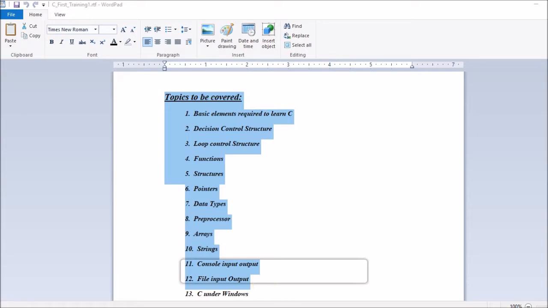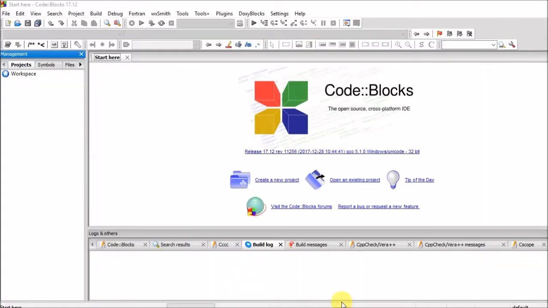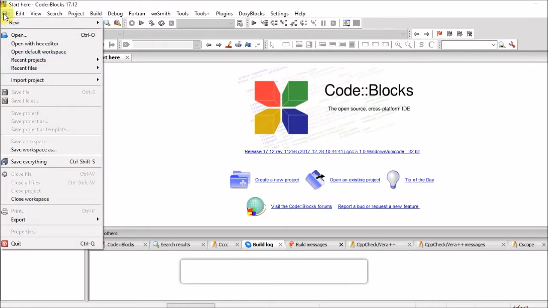So guys, I have already installed Codeblocks, and I get a Codeblocks icon on my desktop. You should double click on this Codeblocks IDE and you will get this page. So here you go, guys. This page will come up when you double click on the Codeblocks IDE icon on the desktop. To create a new project in order to write a C program, click on File, then New,